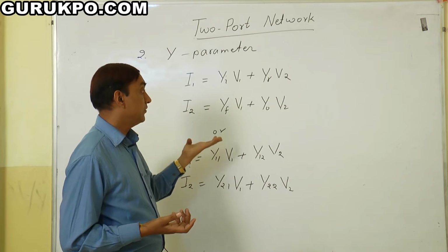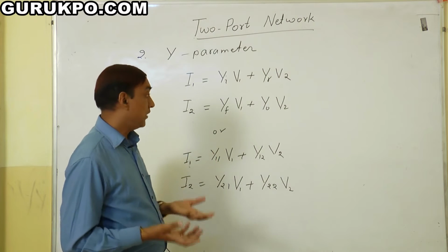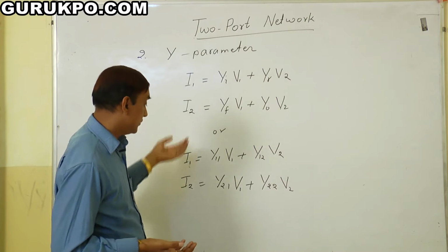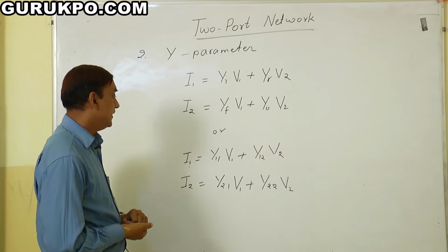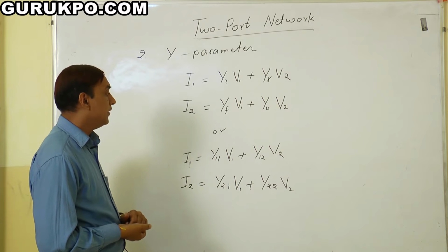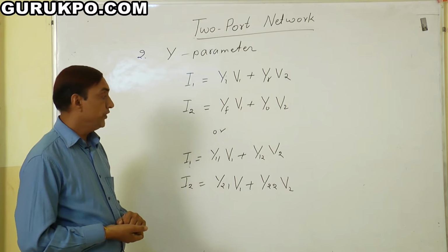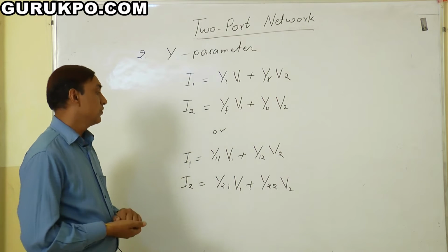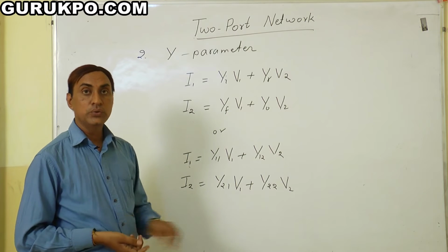Then we find the admittance on the input side and output side. That's why we get the current I2. This equation can also be written in another form: I1 equals Y11 V1 plus Y12 V2, and another equation, I2 equals Y21 V1 plus Y22